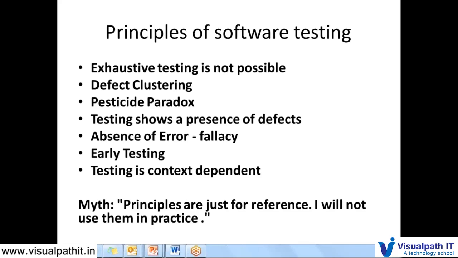What does context dependent mean? Different kinds of applications have to be tested in different ways. For example, an e-commerce application cannot be tested the way a banking application is tested. A banking application has many security issues, and we have to test all the security aspects,